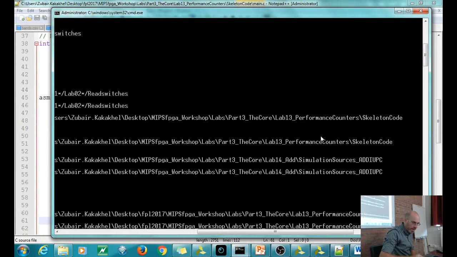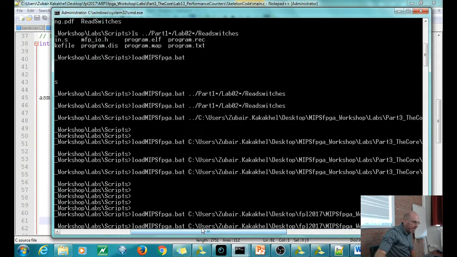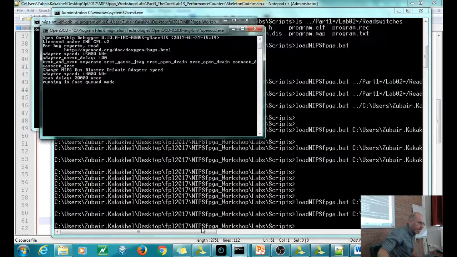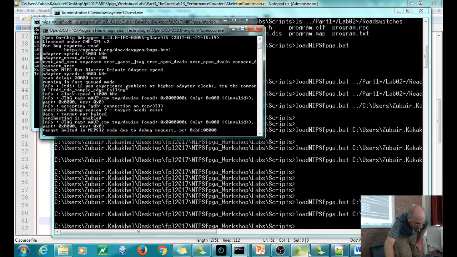and run again. Let me say that when you run this script, load MIPSfpga.bat, you're not only downloading the program but also compiling it. Okay? So any changes you've made, you're going to compile the program again. So you run again, and now you will observe